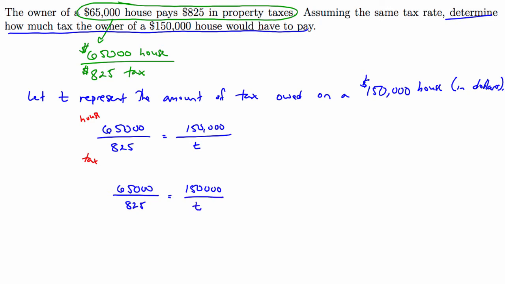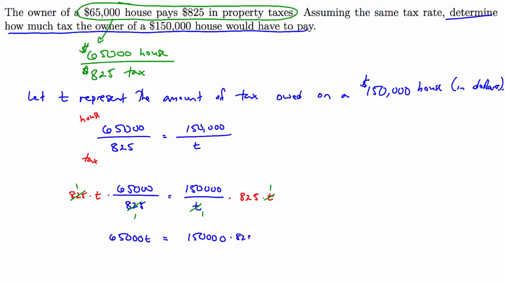Following the standard process we use for solving proportions, I will multiply both sides of the equation by both denominators. So each side will be multiplied by 825 and by t. On the left side of the equation, the 825s cancel out. On the right side of the equation, the t's cancel out. This leaves us with the equation 65,000t equals 150,000